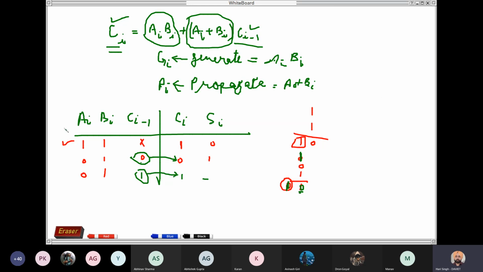So if both inputs are 1, then carry will be 1; carry is generated regardless of considering Ci minus 1. If one of them is 0 and one is 1, then whatever the carry value is will be transmitted forward. So if both are 1 1, meaning the AND factor applies, then in that case carry will be generated at Ci place without considering Ci minus 1, and if any one of these bits A and B is 1, then whatever the value of Ci minus 1, it will be propagated to Ci place. So the factor Ai plus Bi is called the propagate factor.